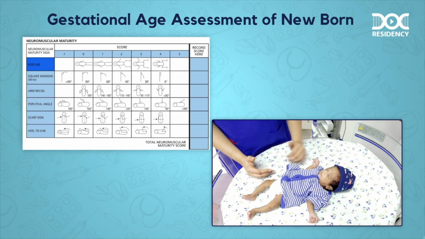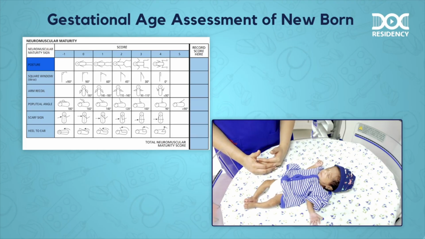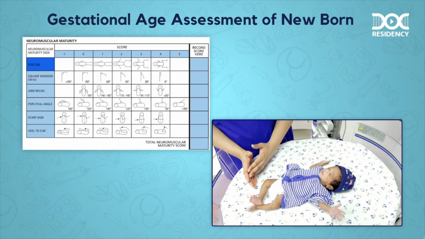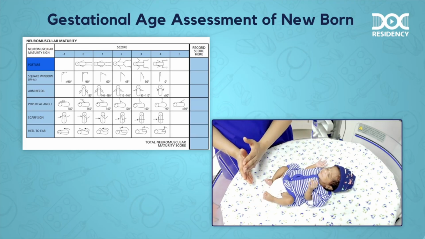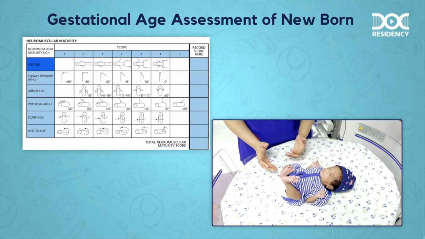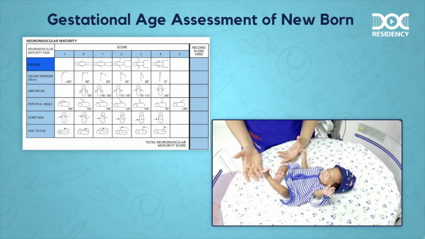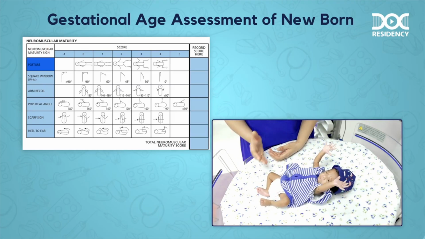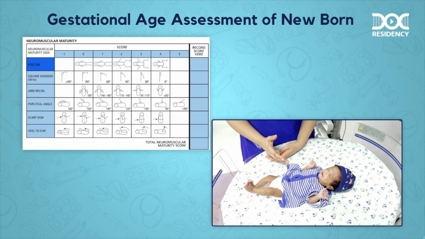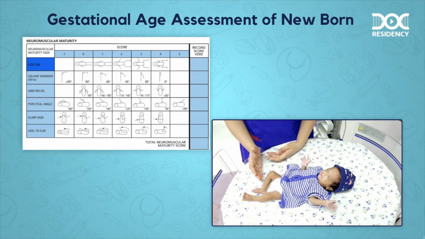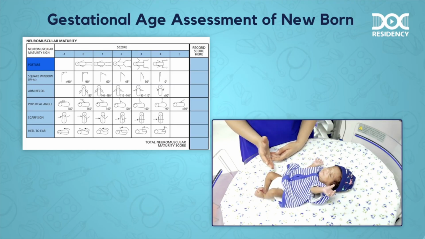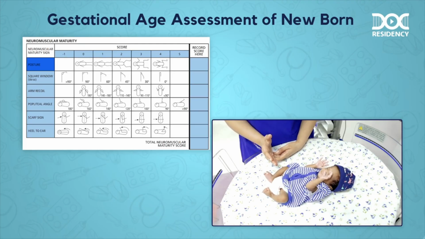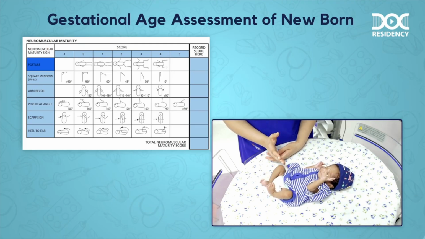Tone increases from the caudocephalic direction. So if you see a baby who is below 28 weeks, there is complete extension of the whole body and all the upper limbs and the lower limbs would be completely flaccid or extended. As the baby's maturity increases from 28 weeks, there is progressive flexion, dorsiflexion involving the ankle. Later, there is flexion of the knees and later hip flexion.